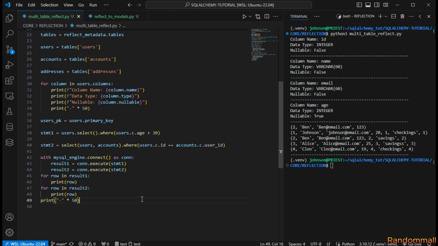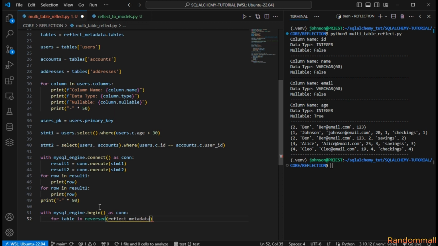Also, we are able to delete rows in the database with the metadata reflection, but I must warn you, you have to be careful with this one. So for us to be able to delete, I'm going to try to delete a single thing, not clear everything in the table. So we say MySQL engine dot, okay, let's use begin, dot begin as con, and I'm going to say for table in reversed, where is it? And I'm going to pass in the